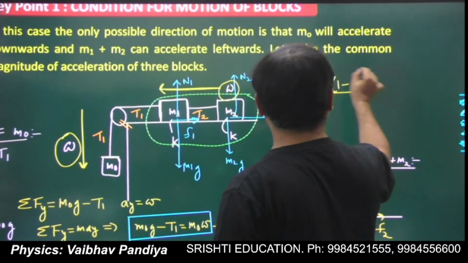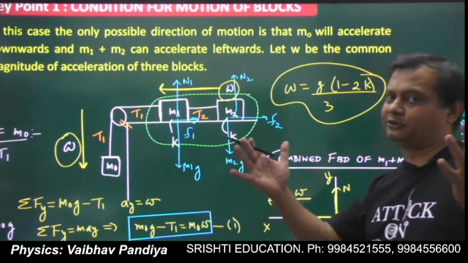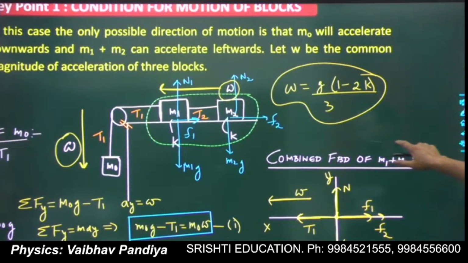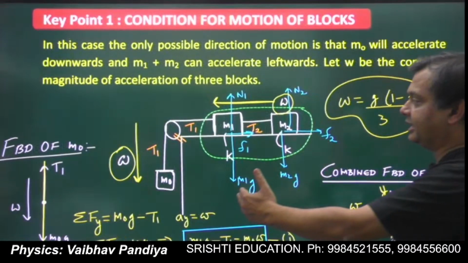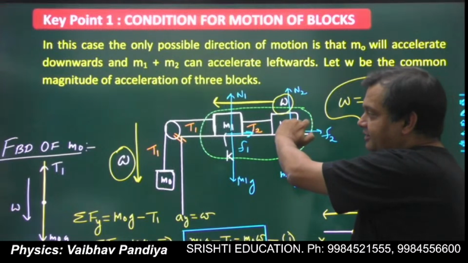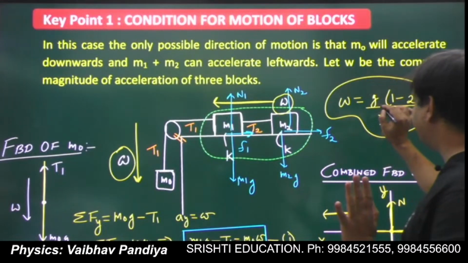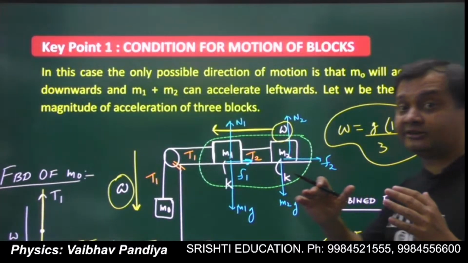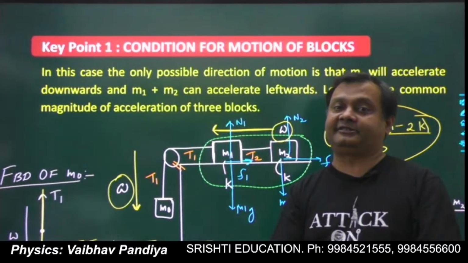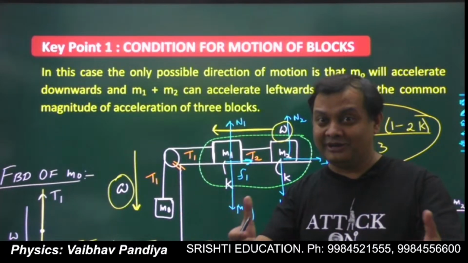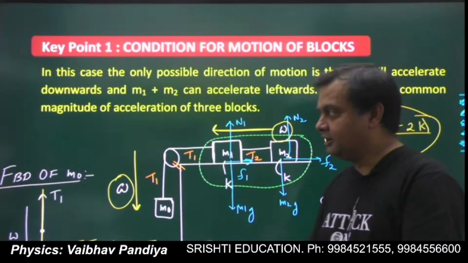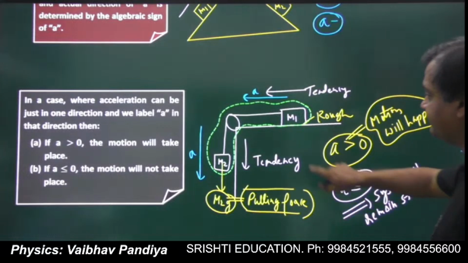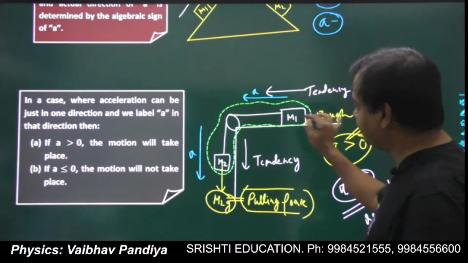Now the question arises whether the motion will take place or not. This is the assumption of the motion. What we did, we have taken a model in which we assumed that blocks are accelerating with an acceleration W, and W came to be g times (1 minus 2k) by 3. Now the critical point is, in the problem it is being said consider all the cases. So we have to go deeper and do some analysis whether motion will happen or not, right? So as I told you in the previous skill, when there is only one possible direction of acceleration,